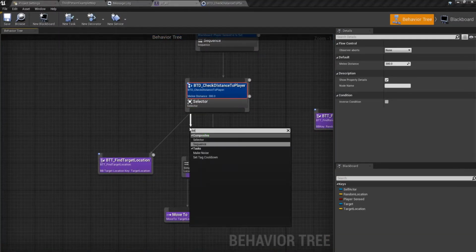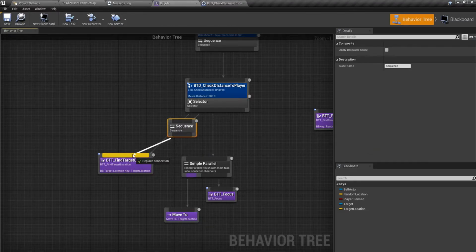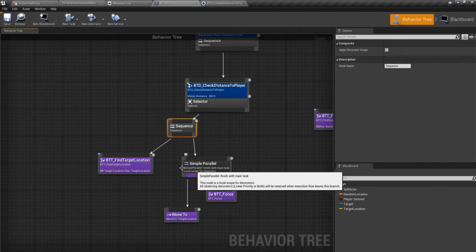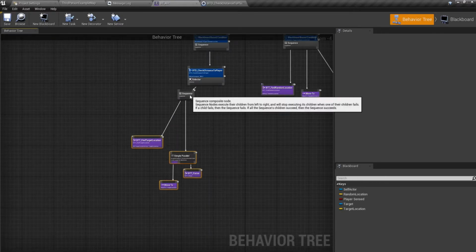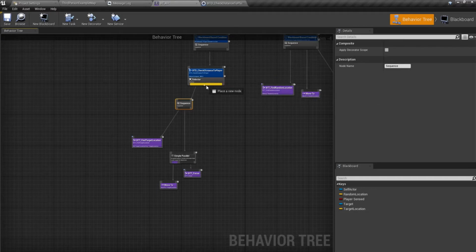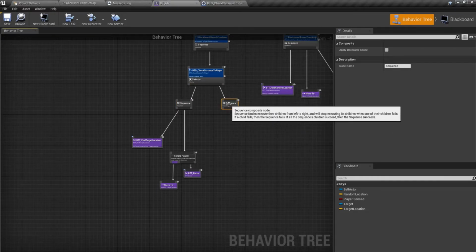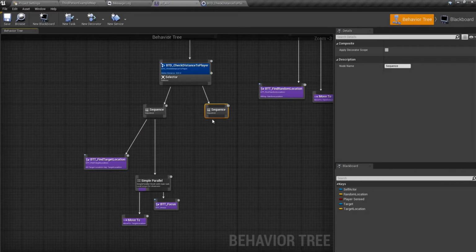Right. I'm so stupid. We need to have this on a sequence, right, otherwise this sequence of code will run,